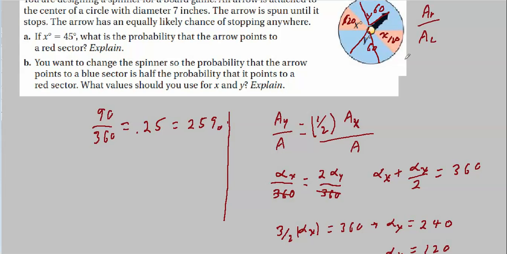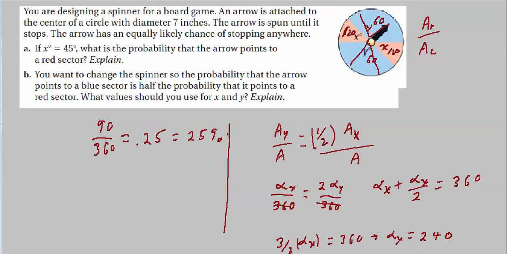So really the most important part for this problem was to remember that probabilities work just like the ratios of the areas. If the area is 1/4 of the total, then the probability that you will take a point from that area is 1/4. As long as you remember that, everything else fell out pretty easily. You just have to remember how to do your algebra. You've got something as 2 times something else, so you write it out this way, make your substitution, set up an equation that can be solved.